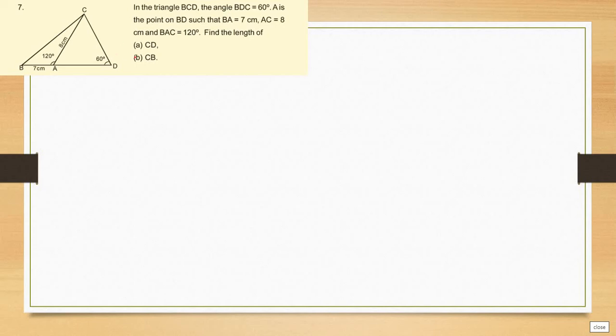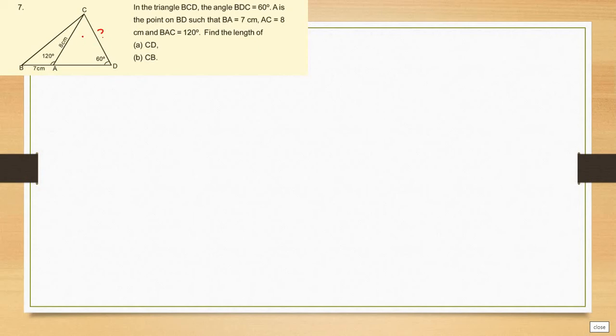So here is number 7, an example of the cosine law. It says here in triangle BCD, the angle BDC is equal to 60 degrees. A is a point on BD such that BA is 7 centimeters and AC is 8 centimeters. And angle BAC is equal to 120 degrees. Find the length of CD. So this length, we first find the length of this